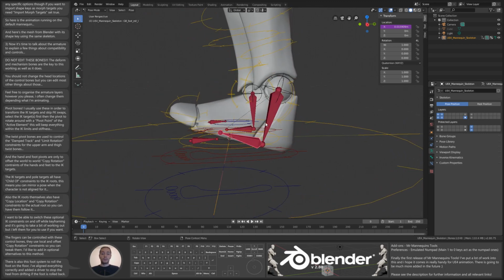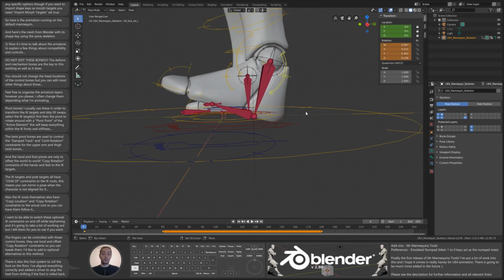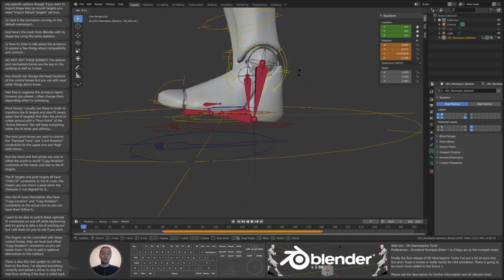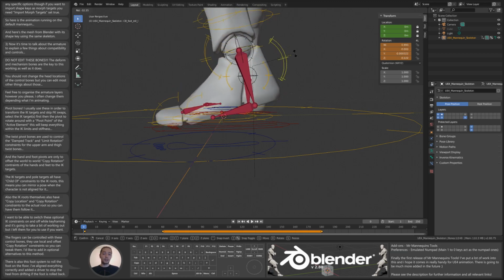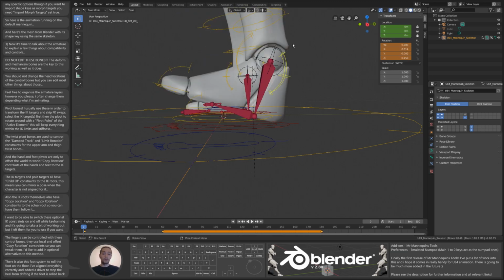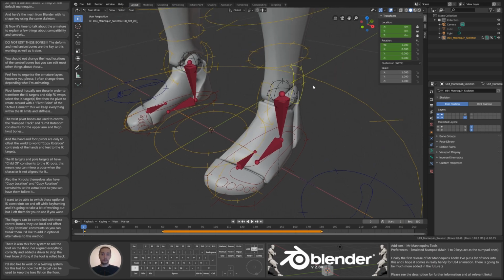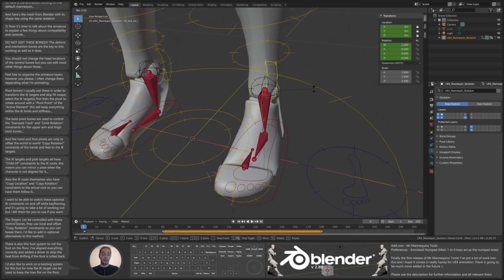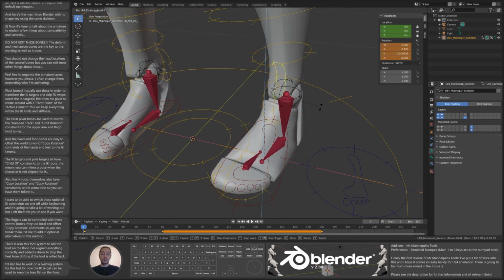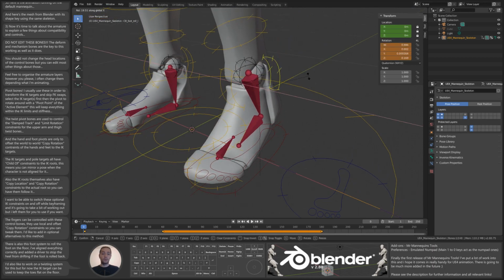I've set that all up very precisely for you, and there's even a driver here to stop the foot from dropping through where it's supposed to be, so you get a very nice clean foot rolling motion. You can also twist this heel target from left to right, but there's a bit of a problem with it still that I plan on